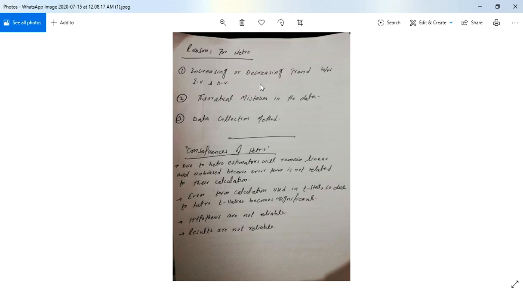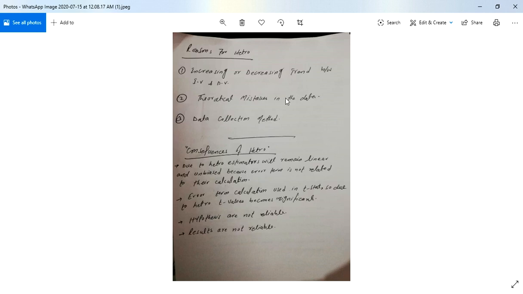For example, if all your independent variables are showing an increasing trend and your dependent variable is also showing an increasing trend, this will create the problem of heteroscedasticity in your data. So the first reason is that if all your independent and dependent variables are moving in the same direction, all increasing or all decreasing, this will create the problem of hetero in your data.